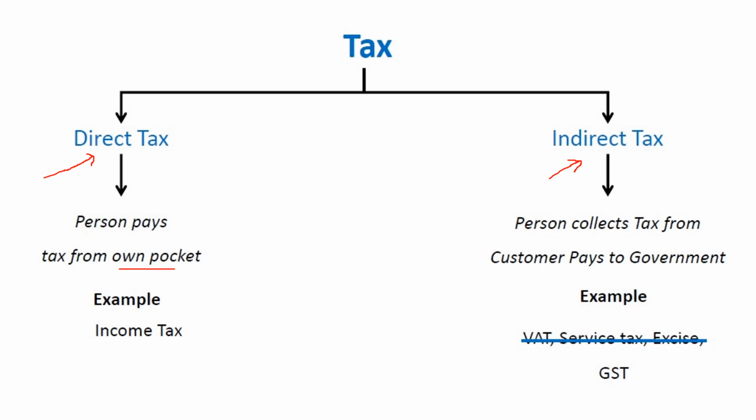So direct tax means the person is paying from his own pocket, that means the income of a person is taxable. Indirect tax means the products, goods or services which the consumer, the citizen, is consuming, is paying the tax, okay? But that tax amount the citizen is not paying directly to the government but indirectly to the government, okay? For example, the tax amount is included in the goods and services price, okay?